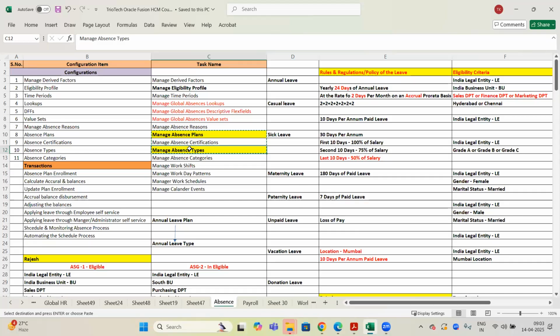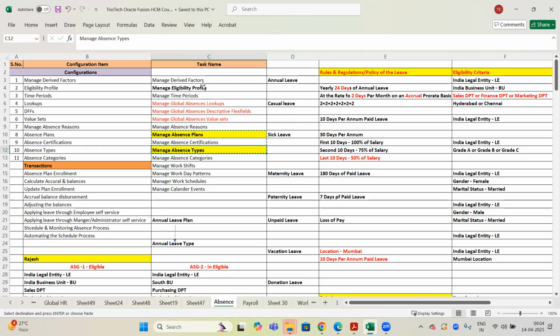Everyone requires thorough attention in the absence module. If you take this module lightly, in the interview you will face great difficulty, team. Many questions will come from the absence module. A lot of questions are there. Many of them we have already prepared as interview questions for absence, team. But if you attend the sessions and practice well, then only will you be able to recollect all the